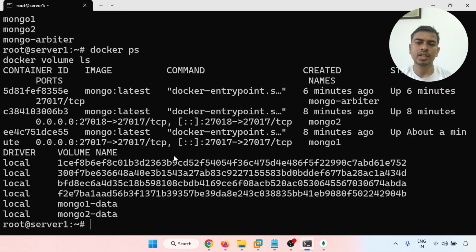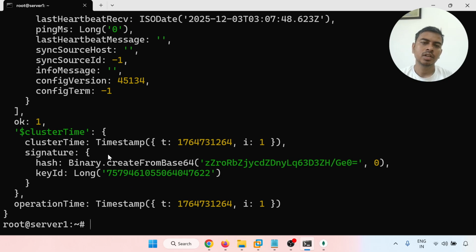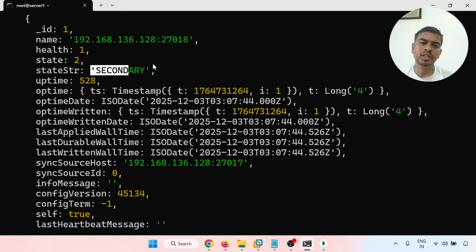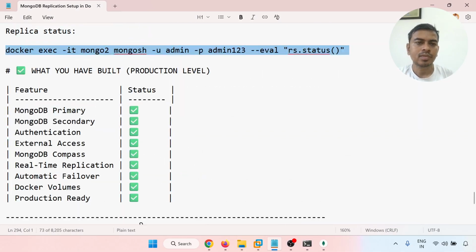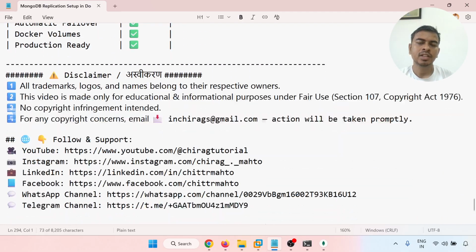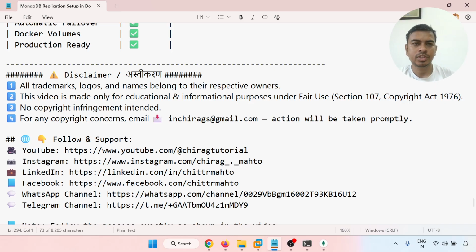And finally we are checking everything, whether all the Dockers are working or not. So Arbiter is working, secondary is working, and primary is also working. So this is the production-level build. MongoDB primary status okay, secondary status okay, authentication we have given, external access we have through MongoDB Compass, MongoDB real-time replication is working, automatic failover is working, Docker volumes are also working, and it is production ready. So in this video we have learned how to set up MongoDB replication on Docker 24.0